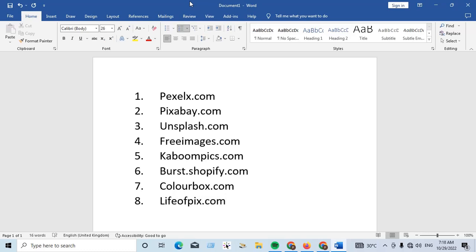So there are 8 royalty free image sites where you can find various types of images